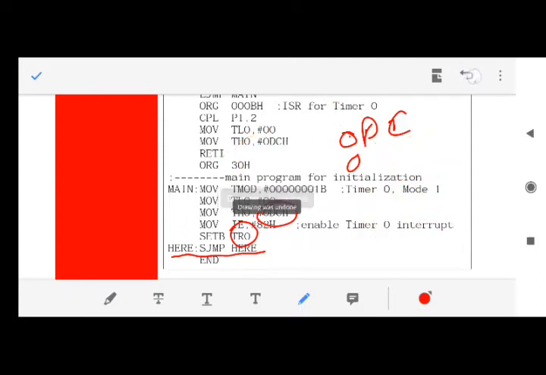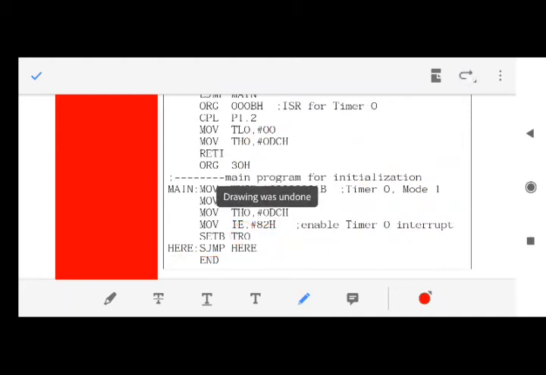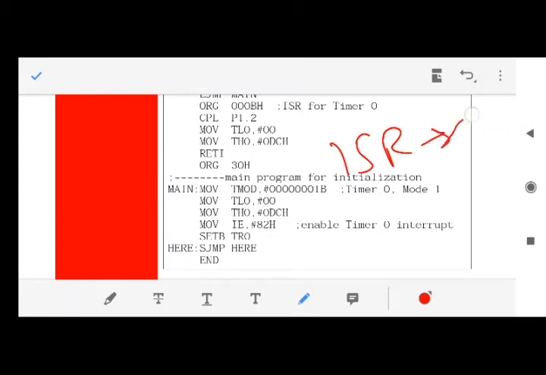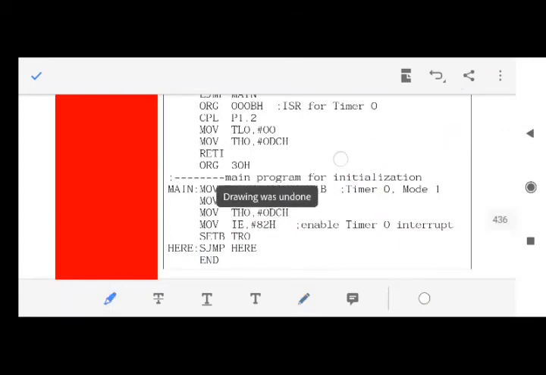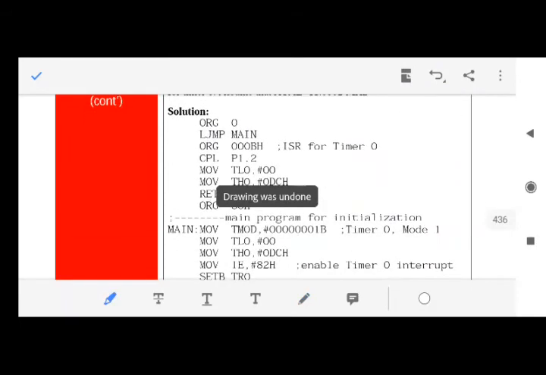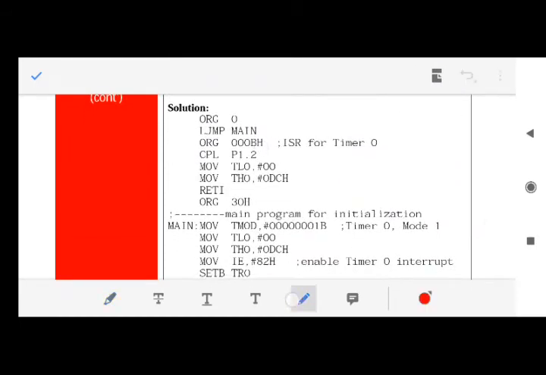Now whenever the interrupt from timer 0 occurs, the 8051 will start executing the interrupt service routine corresponding to timer 0. It will check the interrupt vector table, and the interrupt service routine for that is written at this line.